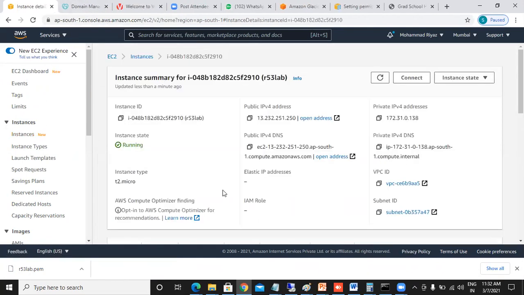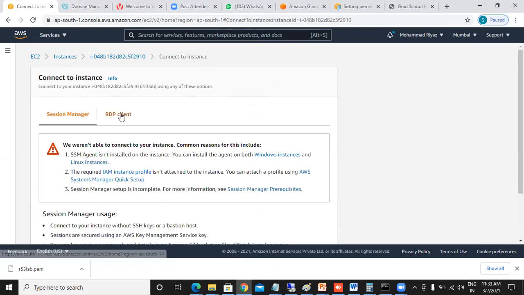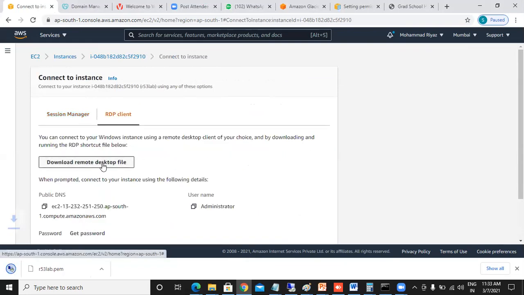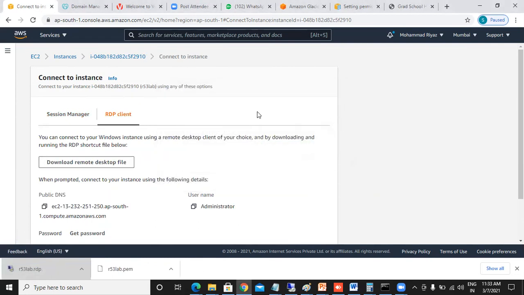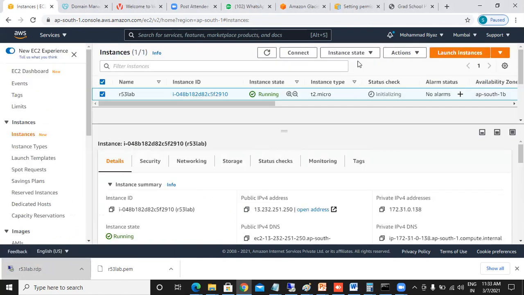Now, how do I use this DNS? If you see here, connect, RDP client, download, go here, connect. Let's wait for a few minutes. It's loading. I think initialization started.